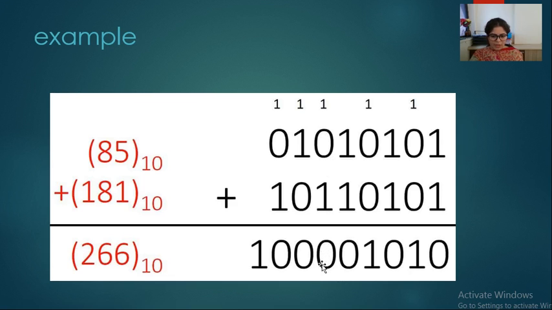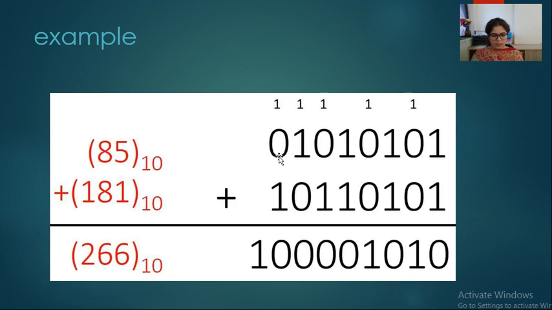So you will get the final output as 0, because we have two ones. We have a total of 3 numbers and a total of 2 ones. So we will get the output as 0 with 1 carry. Again, 1 plus 1, that is 0. 0 plus 0 is 0, with 1 carry.